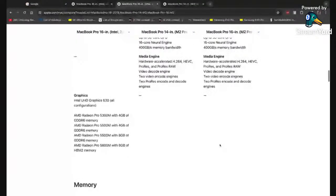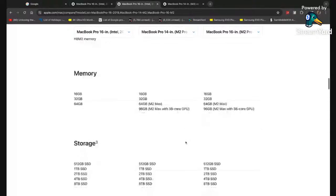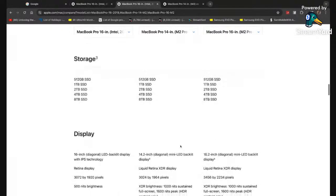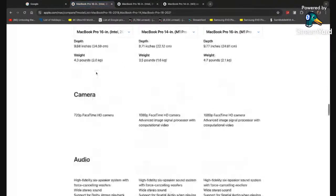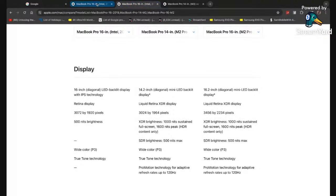Okay. So let's move on to this memory. 16 gigabytes, 32 gigabytes. Yep, it's the same as the MacBook Pro, which is the M1 Max Pro. So yeah, 64 gigabytes and 96 gigabytes with the M2 Max with 38 core GPU. So yeah, and 512 gigabytes, 1 terabyte, 2 terabytes, 4 and 8 terabytes. It's the same. That's the same. With M1 Pro and Max look like. So yeah, it's the same. Yes, it's the same. Yes, it's the same. So let's go ahead and